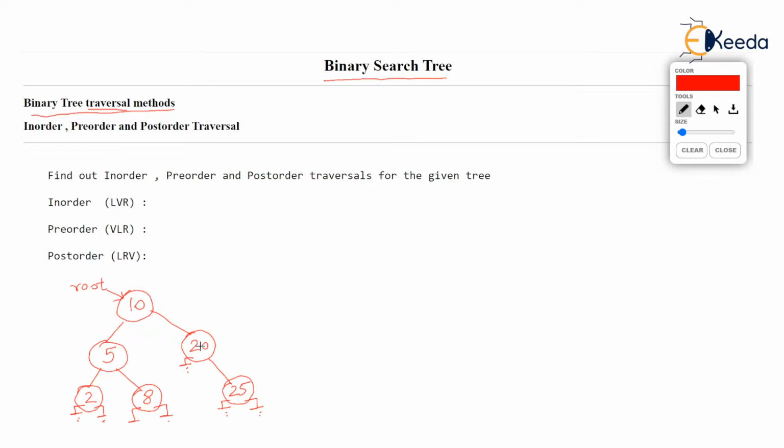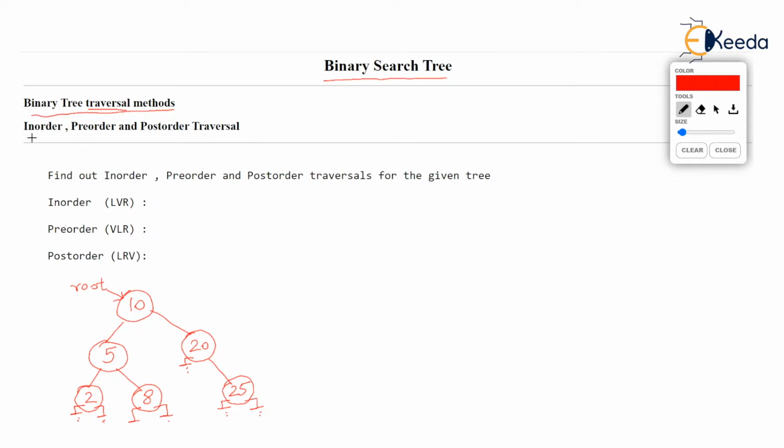Like in earlier topics, we saw how to traverse a linked list. Like we saw that a doubly linked list can be traversed in two methods. You can go in a doubly linked list from first node to last node, or from last node to first node, as two-way pointers are available in a doubly linked list. Now our aim is just to traverse the tree and print all this data.